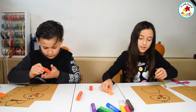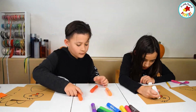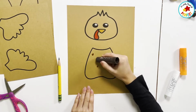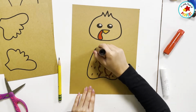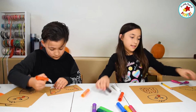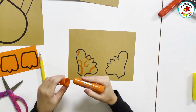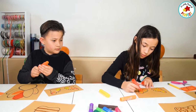Once you've done that, oh wait, I need to do the eyes. Okay. Once you've done that, you can do the rest of the body. Okay. Once you've done that, you can do the wings. Once you've done the wings, you can do